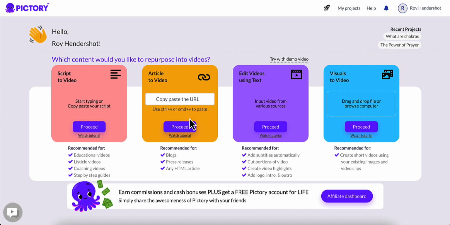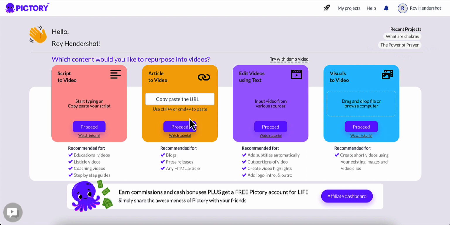Now you can also do article to video. By using article to video, you would just need to put in the URL of any article anywhere on the web, and it will pull in that article. It will scrape that page, pull in the data, and then try to determine what the main focal points are and make that into a video. However, you can change that any way you want. All you have to do is select each sentence that you want to be included in your video, or you can select it all if you want.